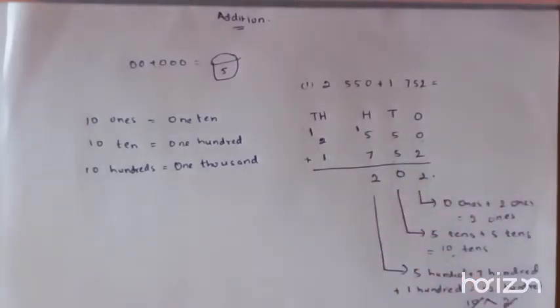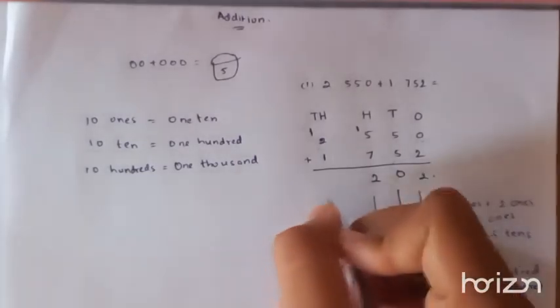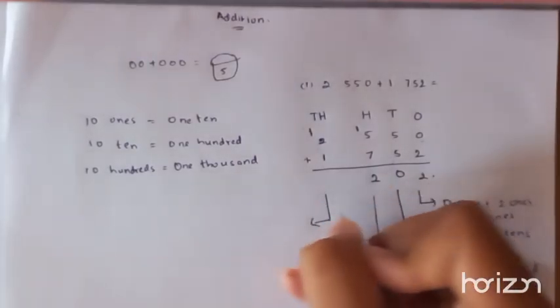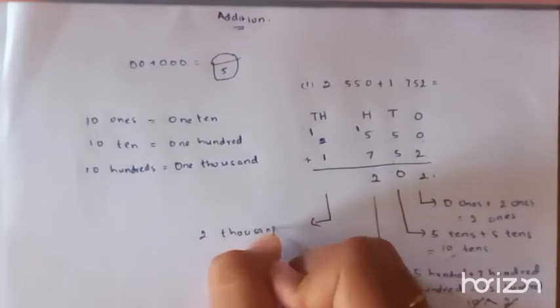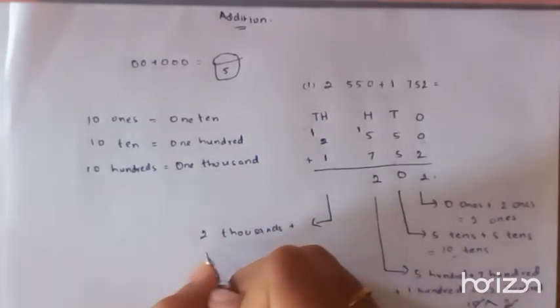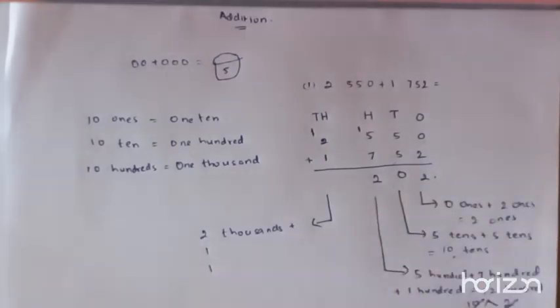Right, now let's look at the thousands column. In the thousands column, we see that we have 2000s, we have 1000, and another 1000 together. Right, so when you add all of this, we realize that we have,